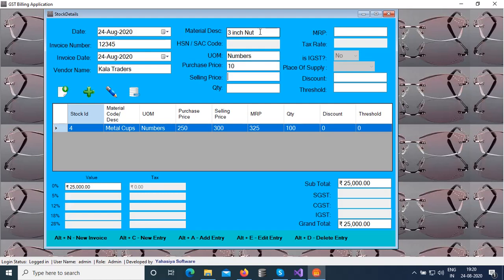Purchase was 10, selling price 12, quantity 5,000, MRP is 70.